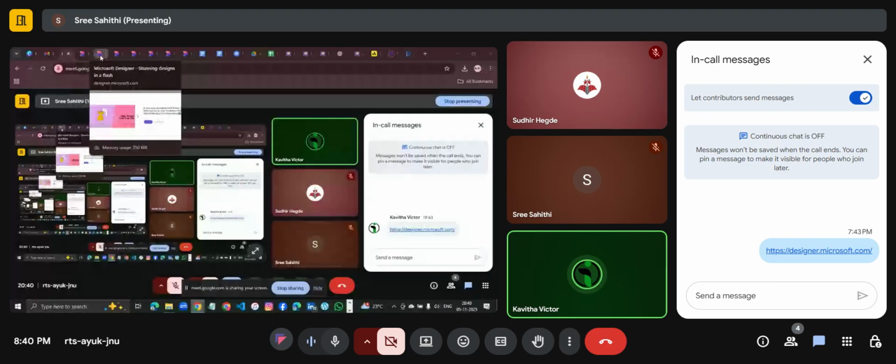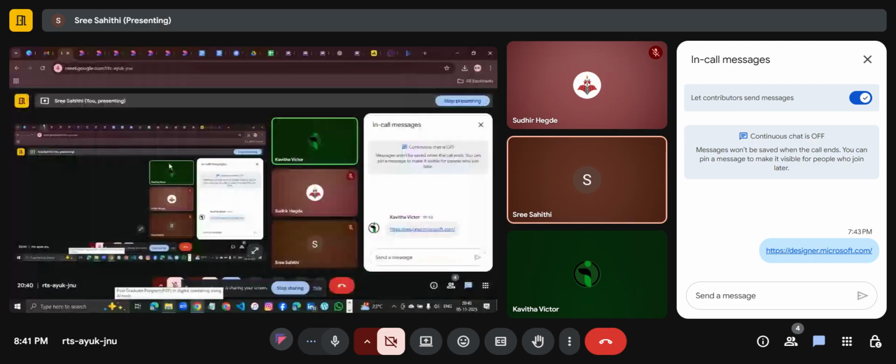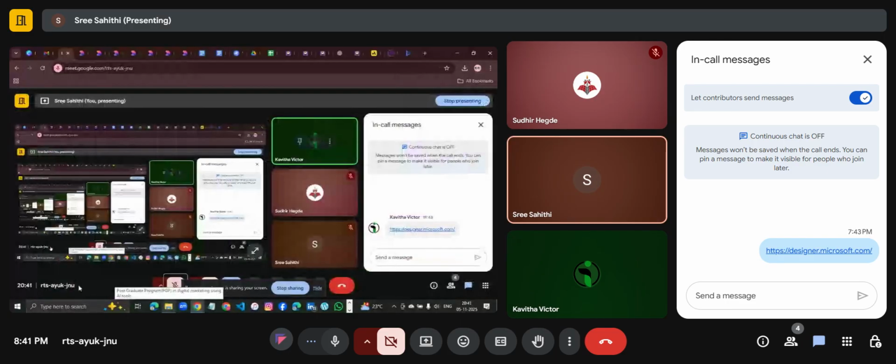Sahitya, are you exploring this Edit with AI? Yeah, I'm exploring it. Good. How is the tool?